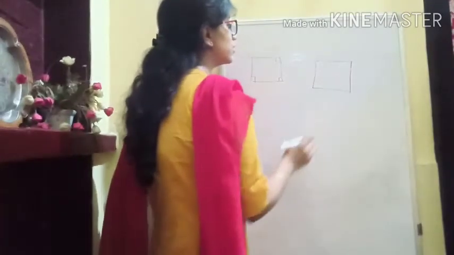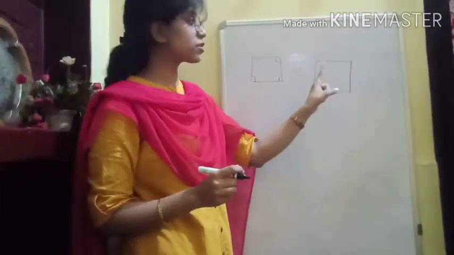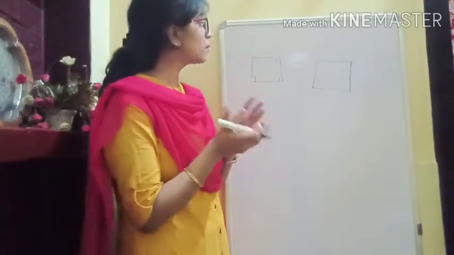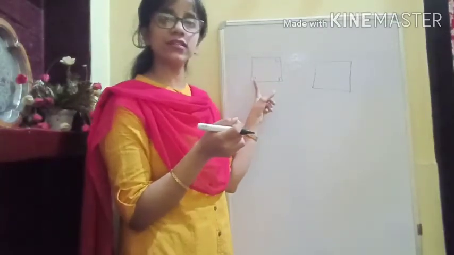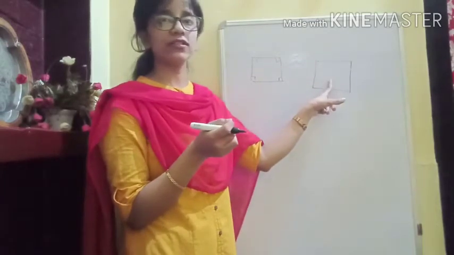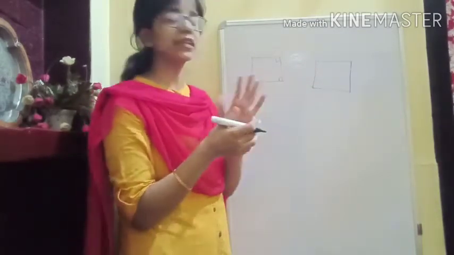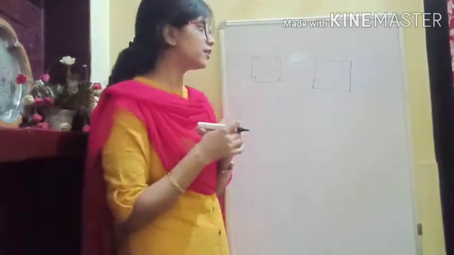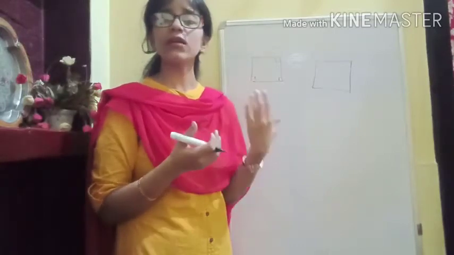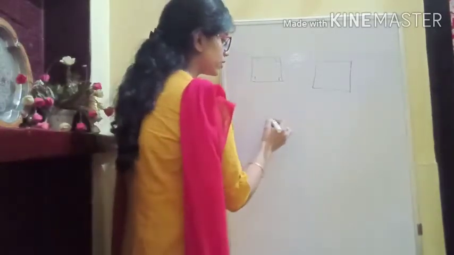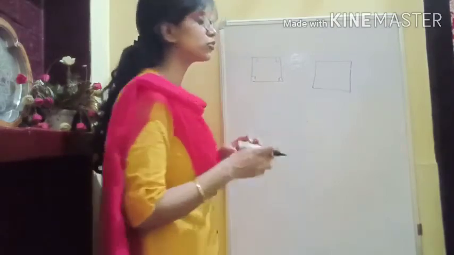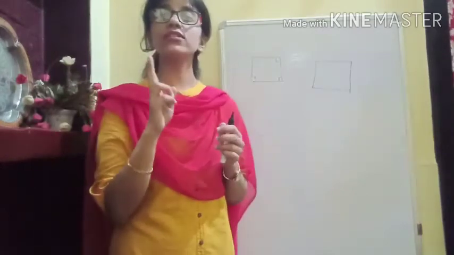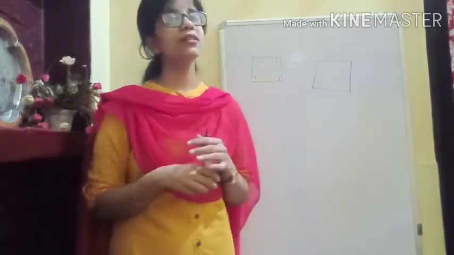If you talk about the difference between rhombus and square, one similarity is that both of them will have all four sides equal, but in a square you will get all four angles 90 degrees. Here you don't get all four angles 90 degrees, but the diagonals will intersect each other at 90 degrees. So this is the difference. And then you know the trapezium is also a quadrilateral, so we can calculate its area, and we can also calculate the area of a parallelogram. Parallelogram means opposite sides are equal and opposite sides are parallel.